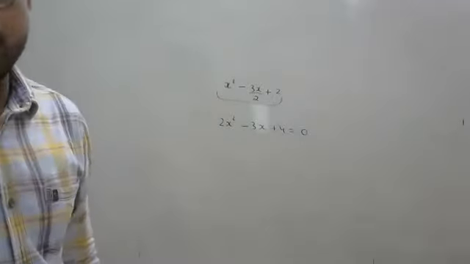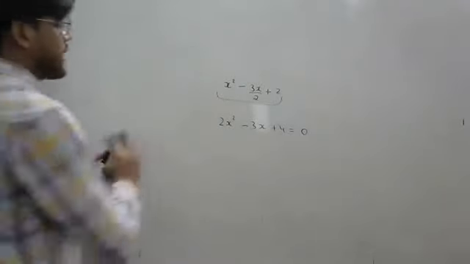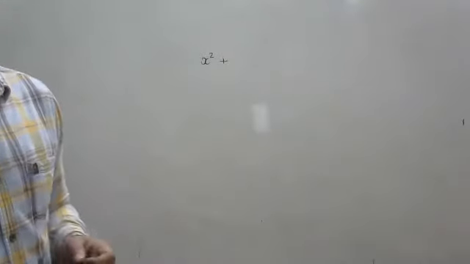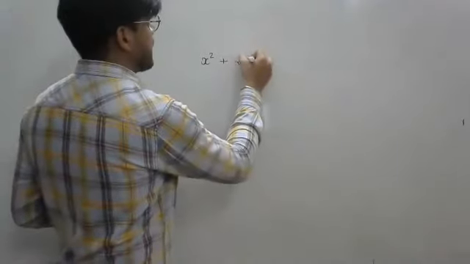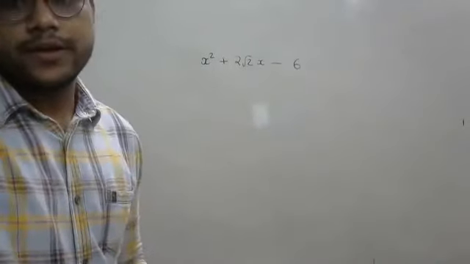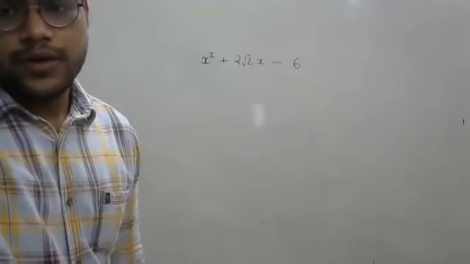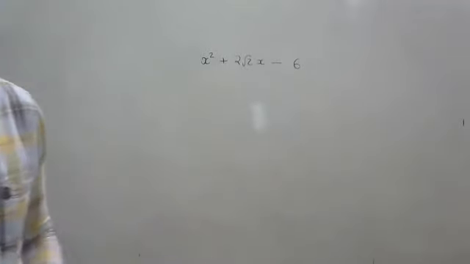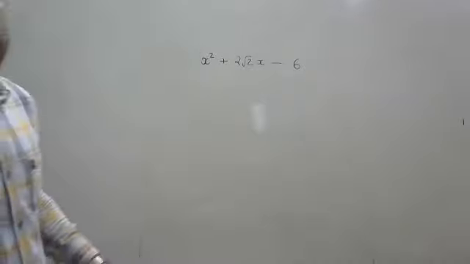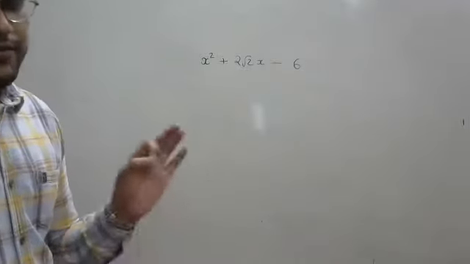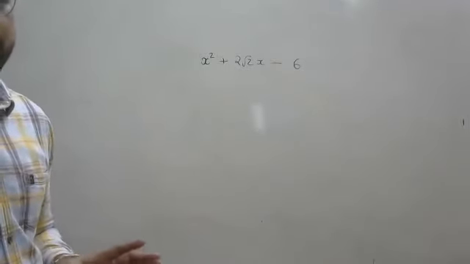What's your doubt? Question 1, if it is okay. So you are having one doubt. Let's try to solve it. Suppose in this first question of the exercise, the question would be x square plus 2 root 2x minus 6. Okay, this is a nice question. Don't worry Rosh, I am recording the lectures. Yes, you have to solve all the examples, obviously. I need every question from the textbook. Every question from the textbook should be solved in your notebook at least once.